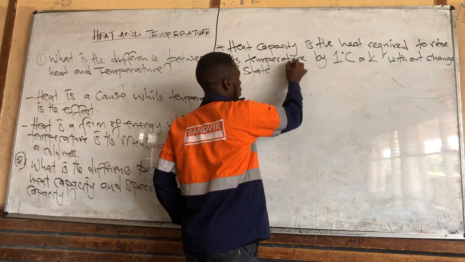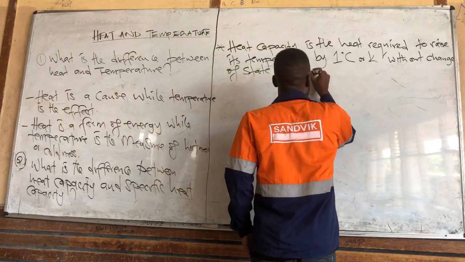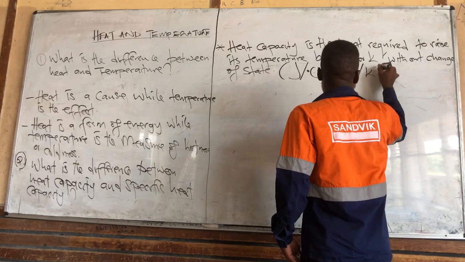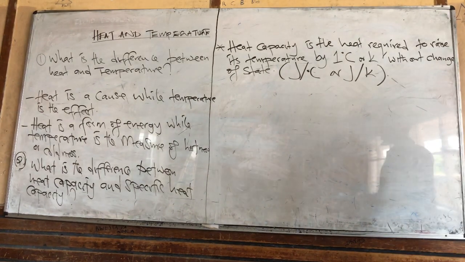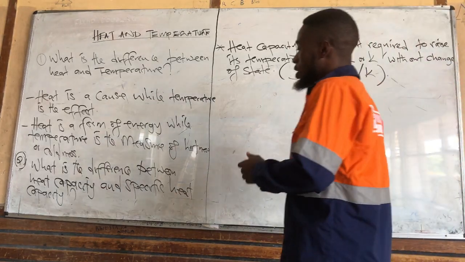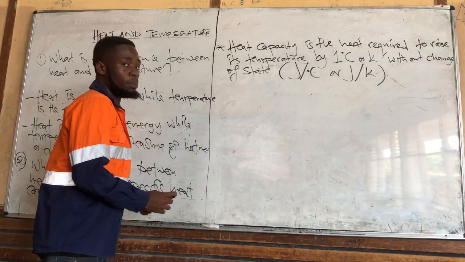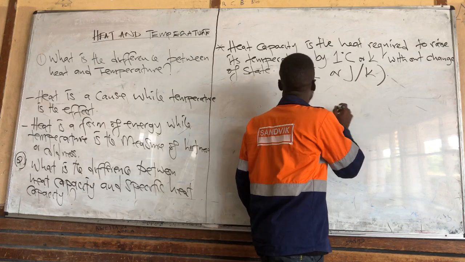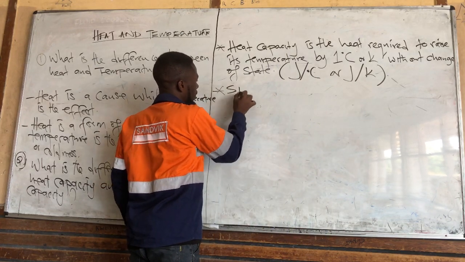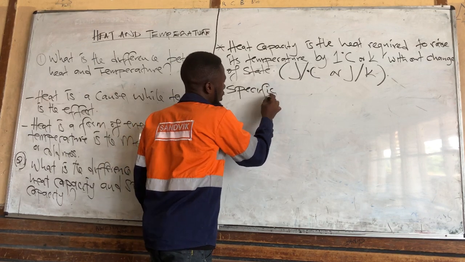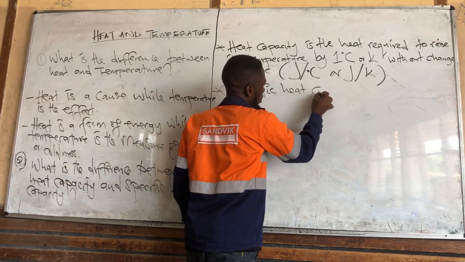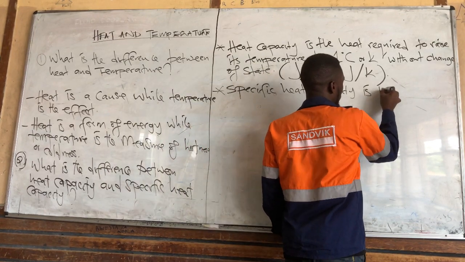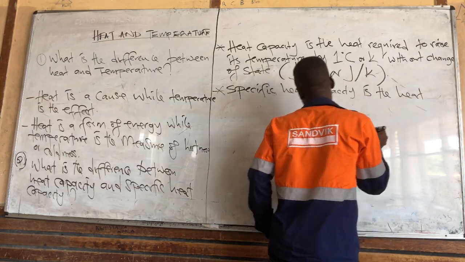So here the units can be joules per degree Celsius or joules per Kelvin. So these are the units for heat capacity. What about specific heat capacity? Specific heat capacity is the heat energy, is the heat